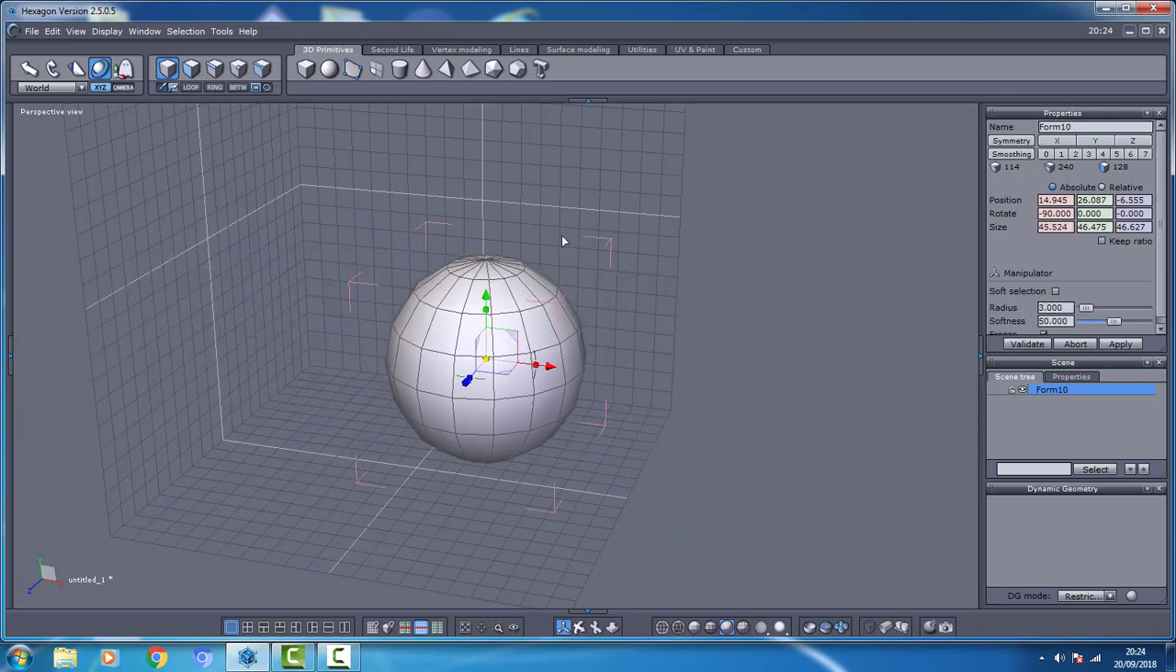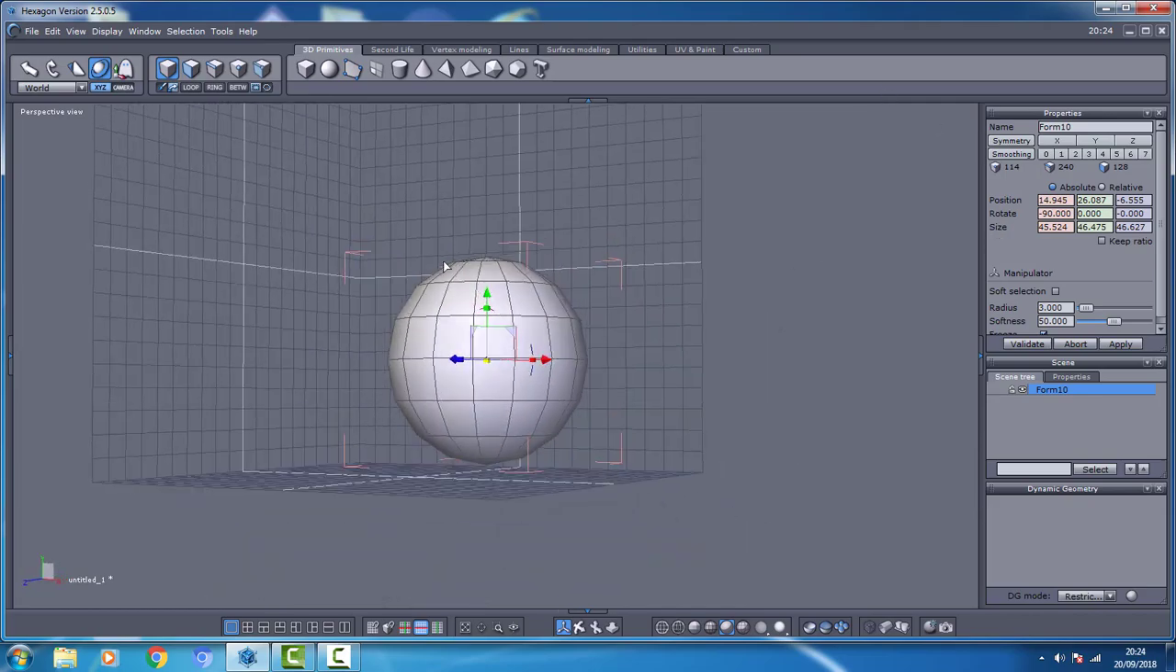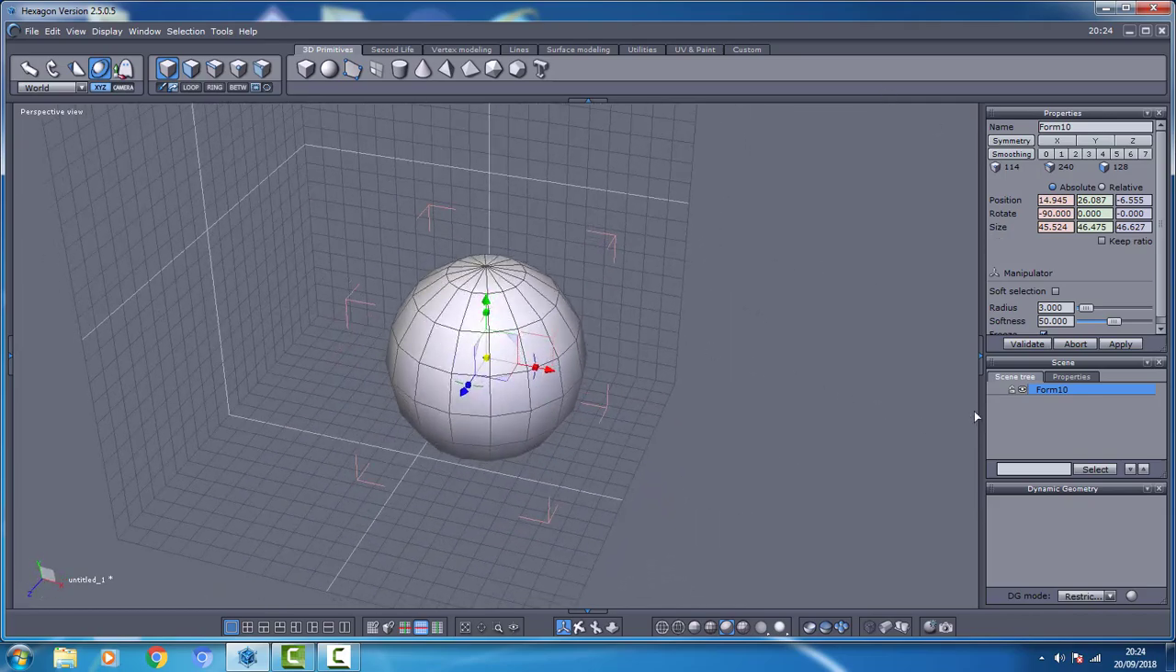Whenever you create a 3D object, you notice here it's called a scene tree, and it will list all of your objects in there. Now at the moment it's just called form, it doesn't say a lot about it. If you double click on the name, a little bit lower,